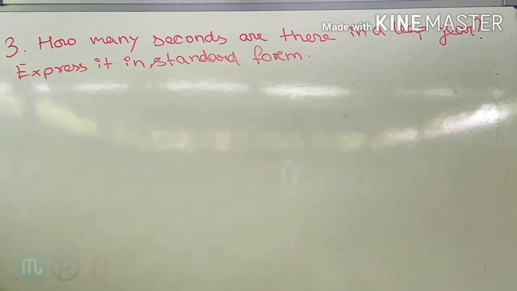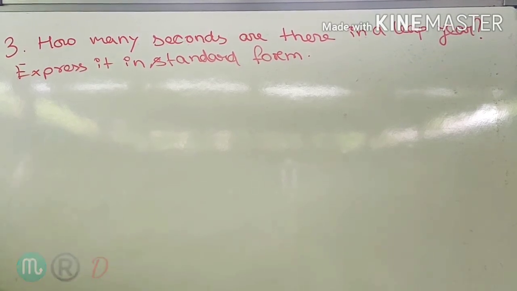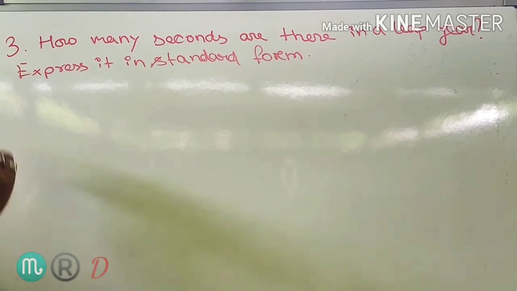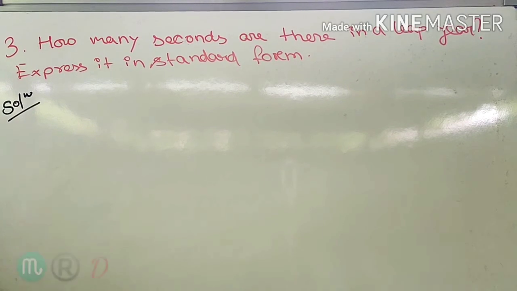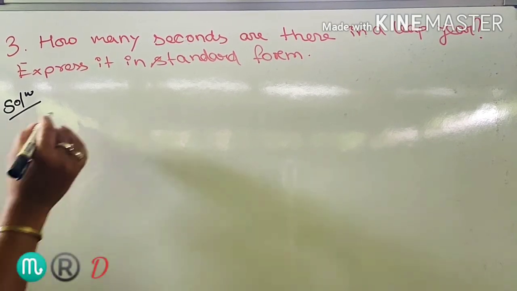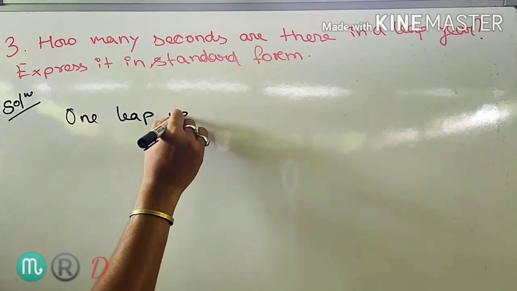So question number 3 is given. How many seconds are there in a leap year? Express it in standard form. So you have to find out the number of seconds in a leap year. So one leap year is equal to